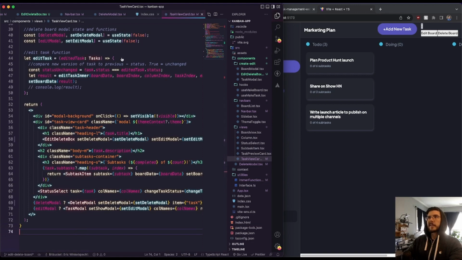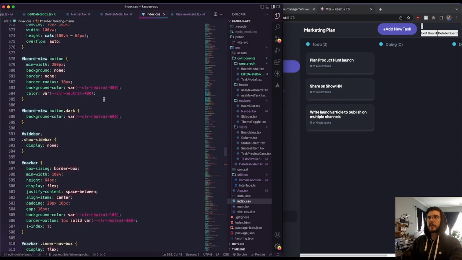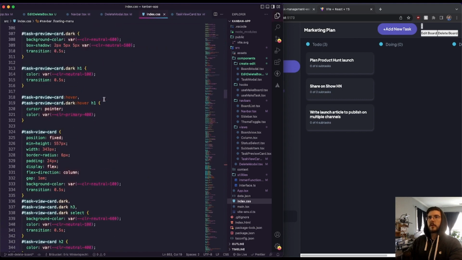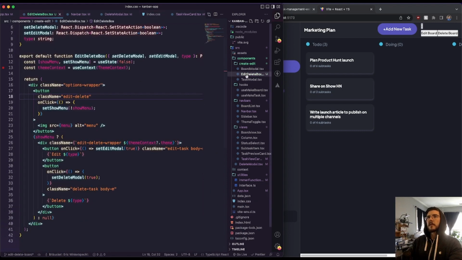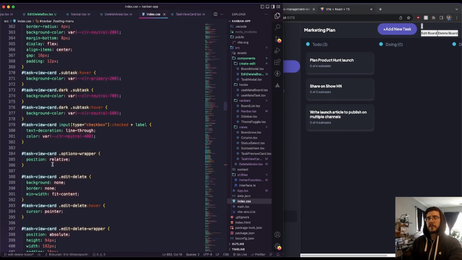So let's go look in CSS, because I'm pretty sure I did that originally. And here's task view card, and here's the edit delete thing, right? Is that what I was calling this? This was edit delete. This was in options wrapper. There's options wrapper, position relative, right? So I guess in effect, if I take this ID away,